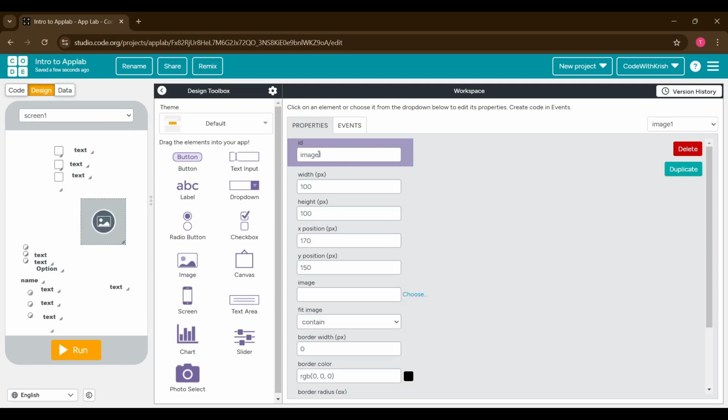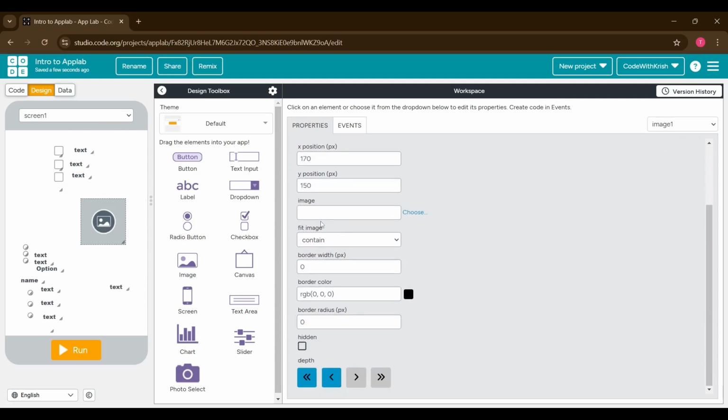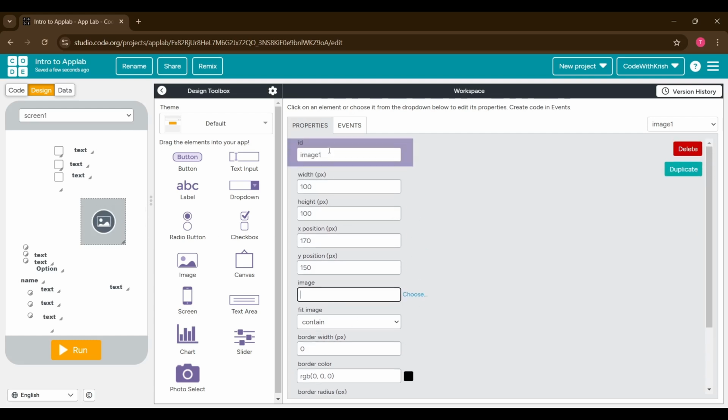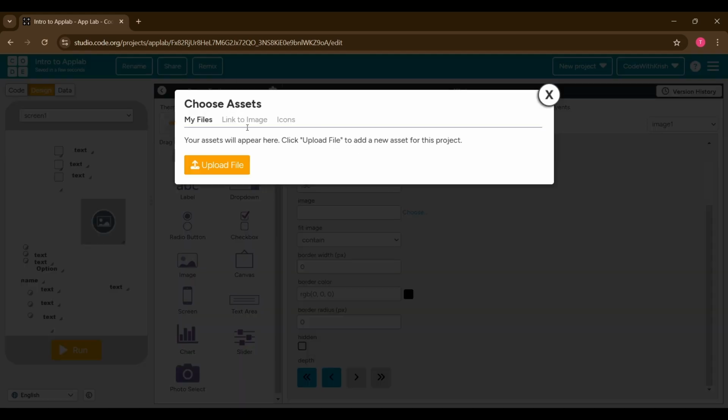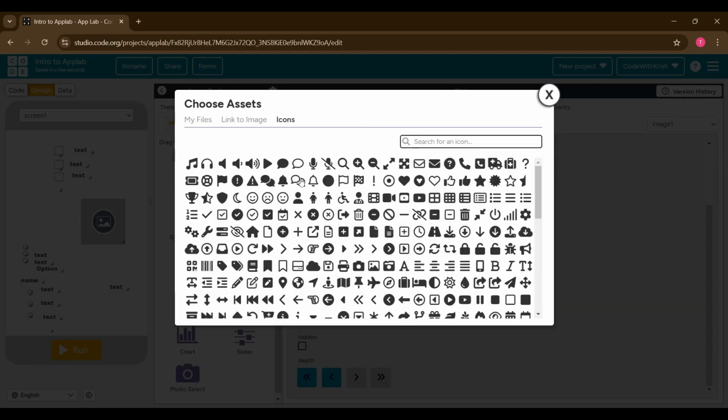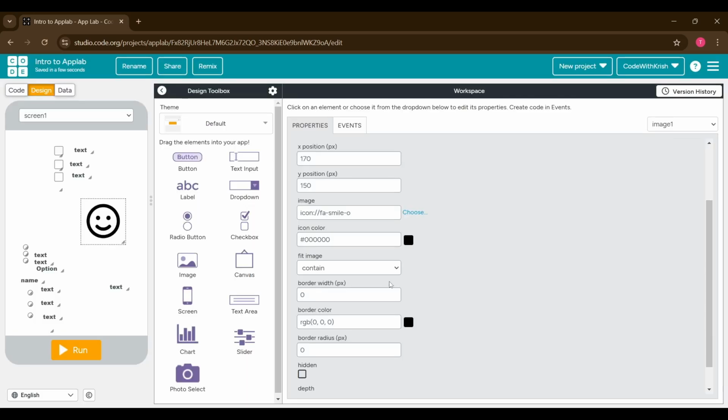The image is very simple. It has an image which you can fit inside it. It has the width, height, x, y positioning, the borders, the hidden, and now you'll notice there's an image property, and a fit image property. The image property contains the image you want to fit. So if I choose any kind of icon like a smiley face, and I choose the fit image to be a fill,